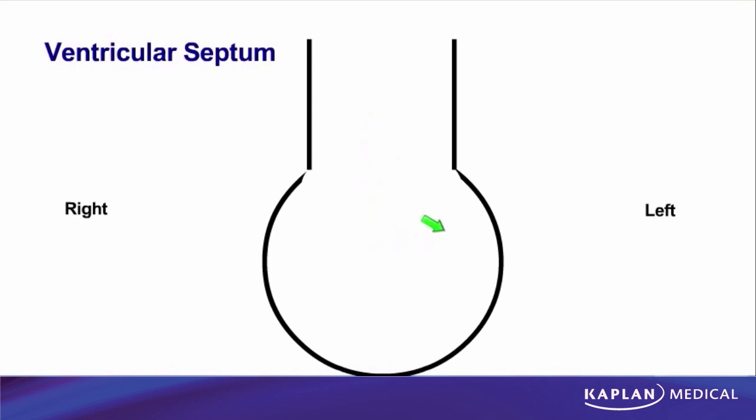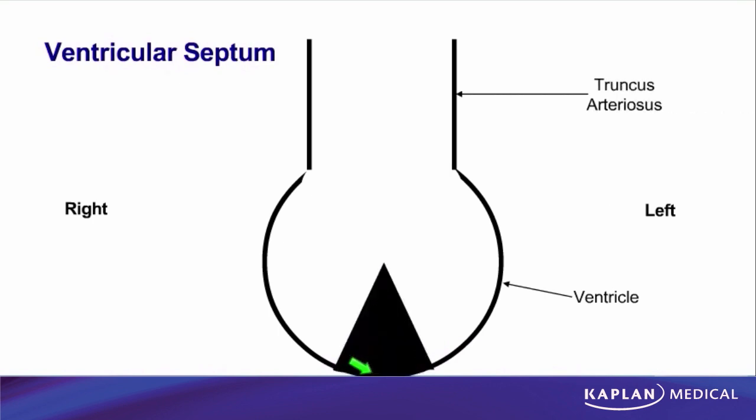The first septum will develop within the ventricle itself. Now, how this develops is not really that important. The only thing that's important is to appreciate the fact that it actually develops from the ventricular wall itself. So it develops something like, let's label this first, ventricle, truncus arteriosus. So here's the septum that develops from the ventricular wall itself, and we're going to call that the embryonic ventricular